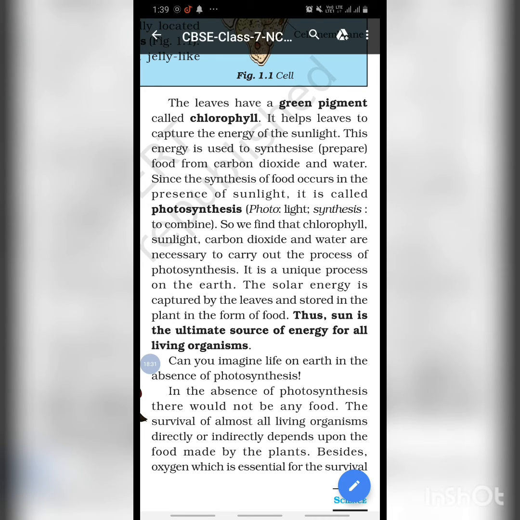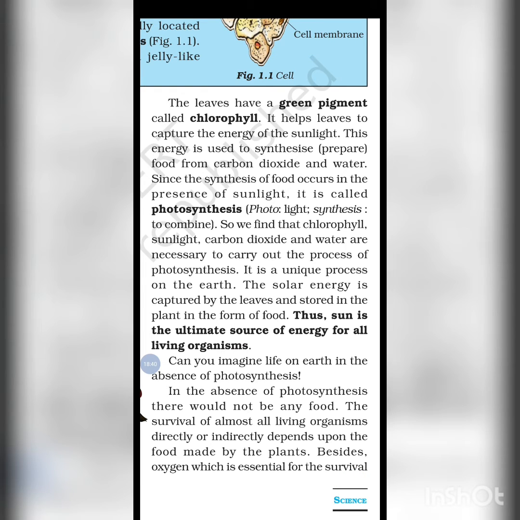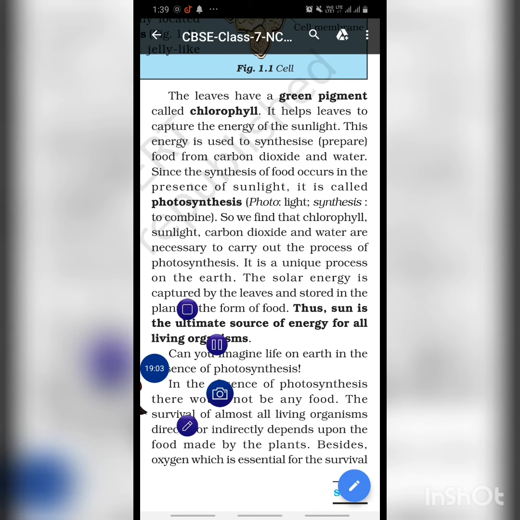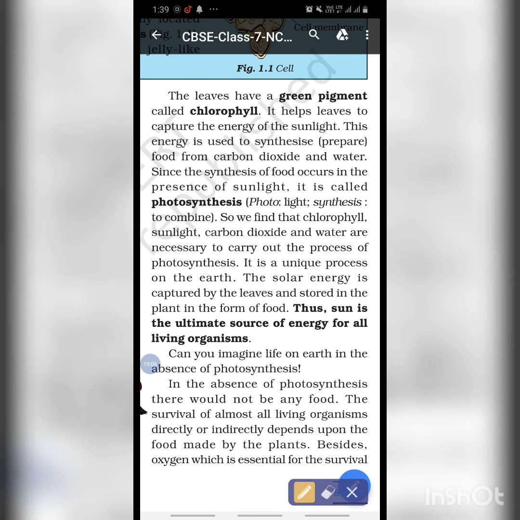If the definition of photosynthesis comes for only 1 mark, the answer will be: photosynthesis means the process in which food is prepared with the help of carbon dioxide, water, sunlight and minerals. If it comes for more than 1 mark, the answer will be that photosynthesis is the process in which